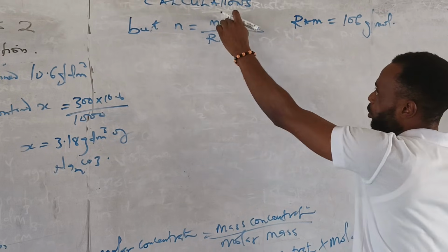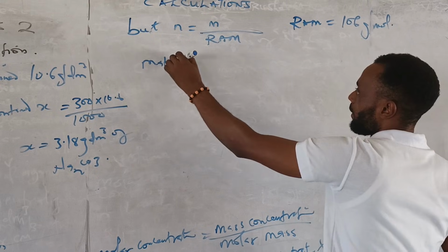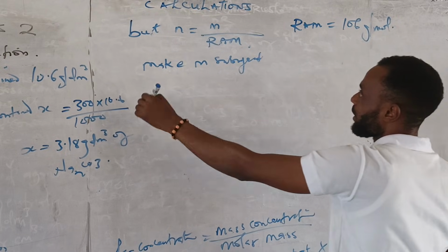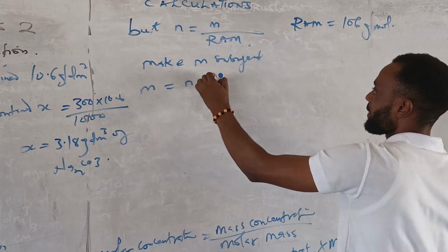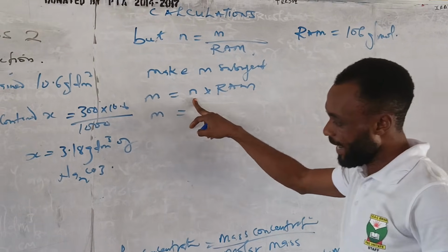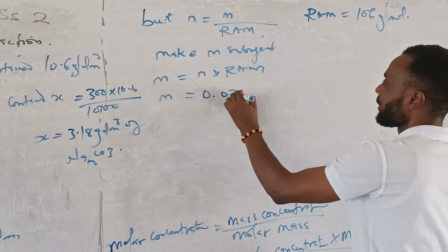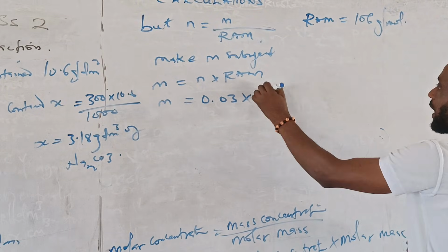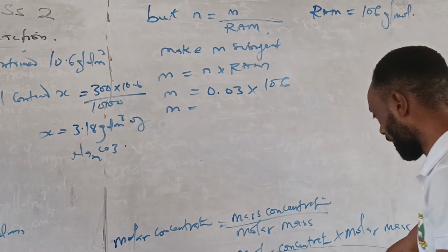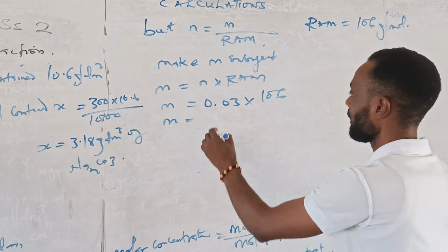Therefore, to know our mass, we make M the subject of the formula. That gives M equals N times RAM. Therefore, M is 0.03 multiplied by the RAM, which is 106. That will give us the same value we got, which is 3.18